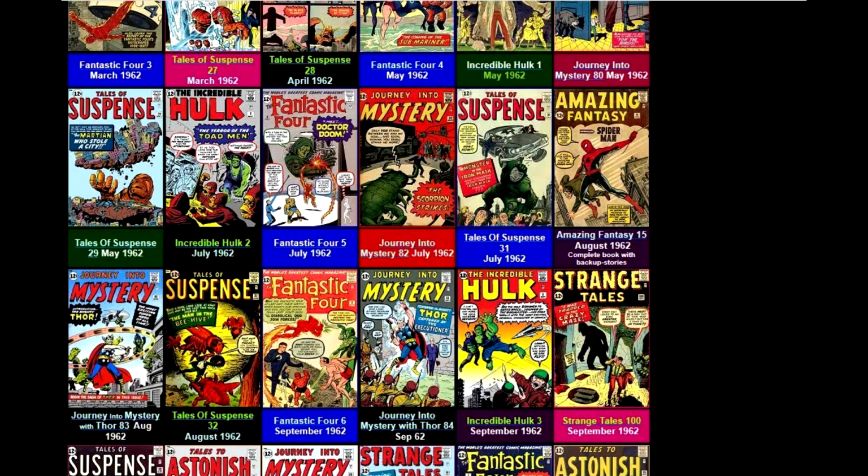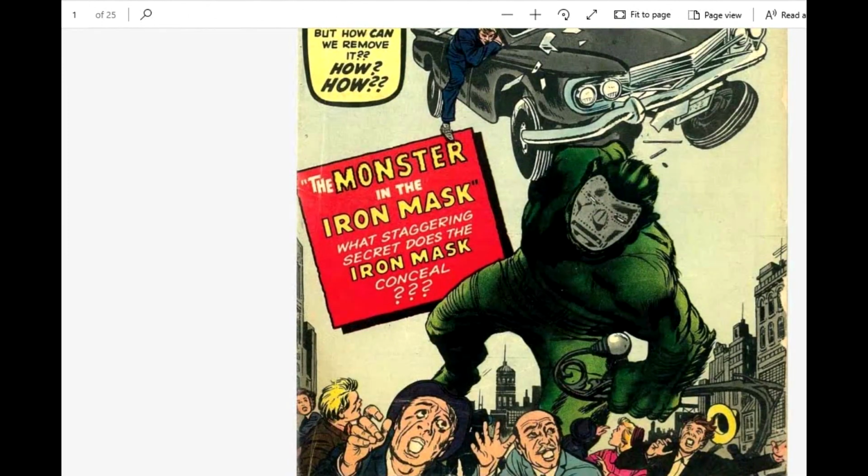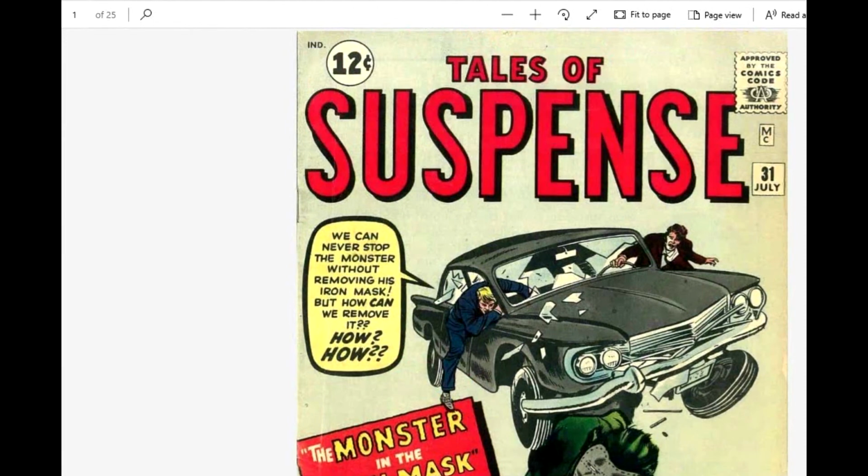But look over 2 issues from Fantastic Four #5 and you see Tales of Suspense #31. I want you to see his face mask. At the same time Doctor Doom was premiering with the Fantastic Four, you had this crazy guy, Monster in the Iron Mask. Looks very familiar to Doctor Doom, but anyway, I wanted to have a great database that I could actually read these all in order, and that's why